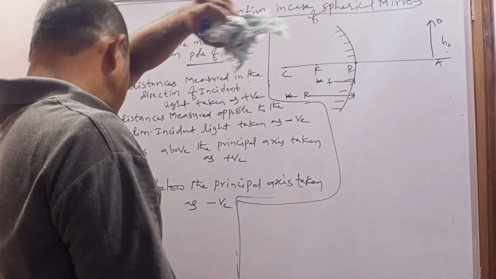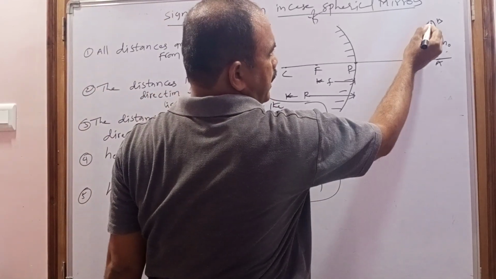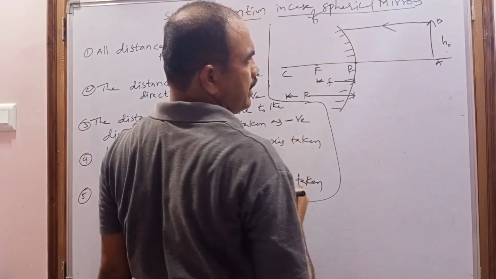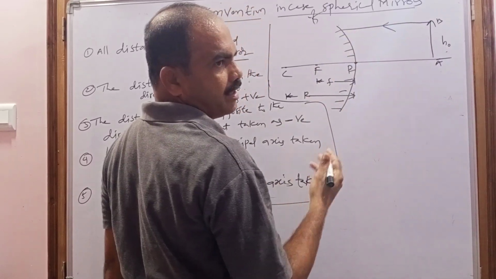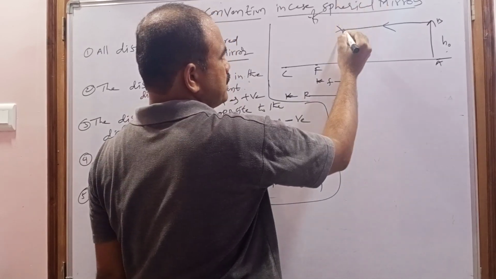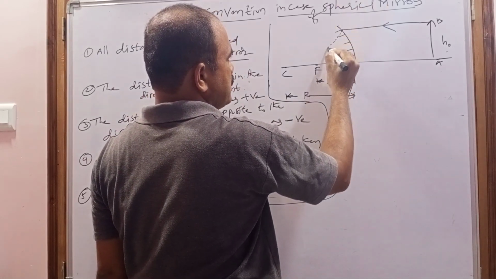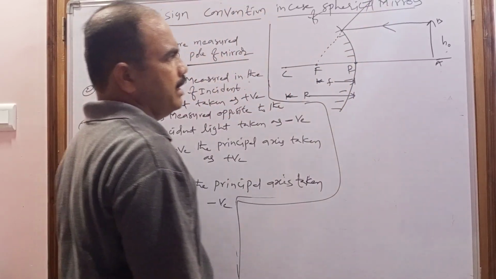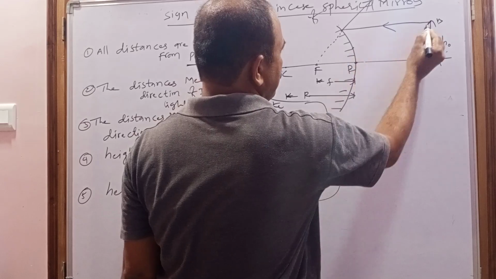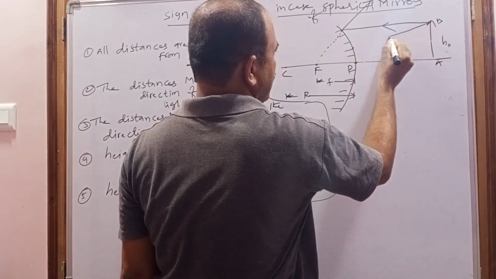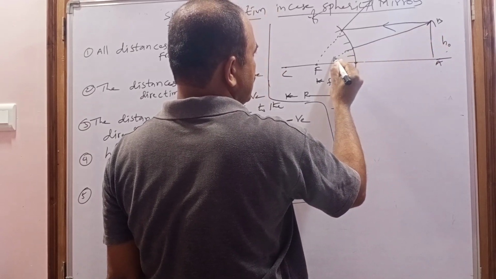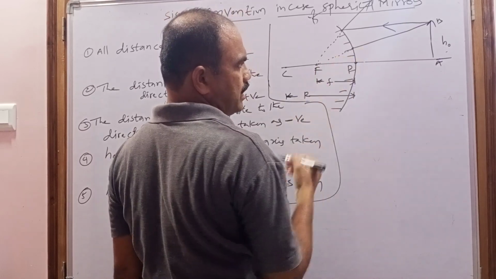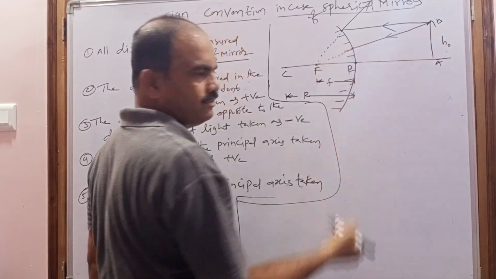Now where is the image formed for this object? I am taking one ray that is parallel to the principal axis. After incidence on this mirror, how will it go? According to the rule, it appears to come from the focus. So join the point of incidence and the focus, and extend. Next, I am taking another ray that is coming in the direction of the focus. To check, join the point of incidence and focus with a dotted line. Okay, it is traveling in the direction of the focus.